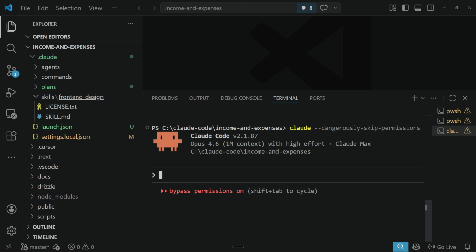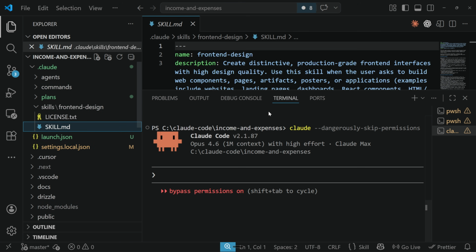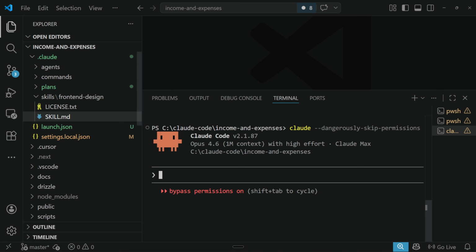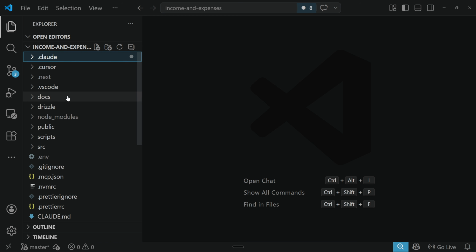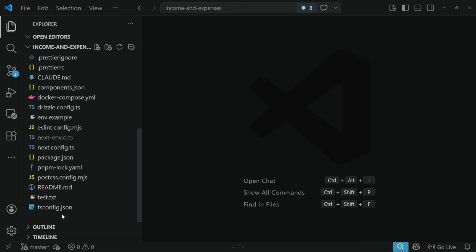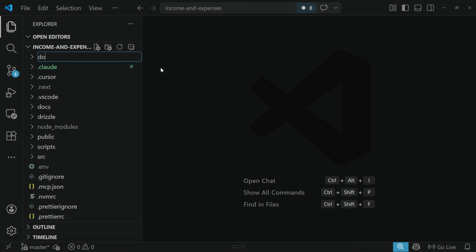But what you can do is install unique skills into your project folder, like this front-end design skill. This will give our agent specific instructions on how to create beautiful user interfaces. Again, I'll link to the skills video in the description of this video, but for now, this boilerplate already includes the front-end design skill. Then while we're here, I'm actually going to create another folder called Docs, and within that,